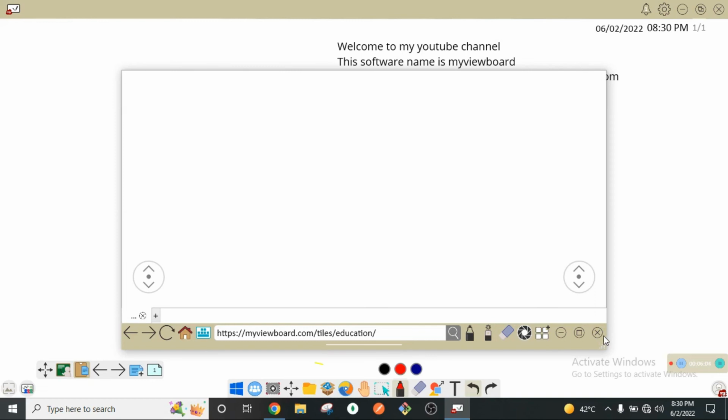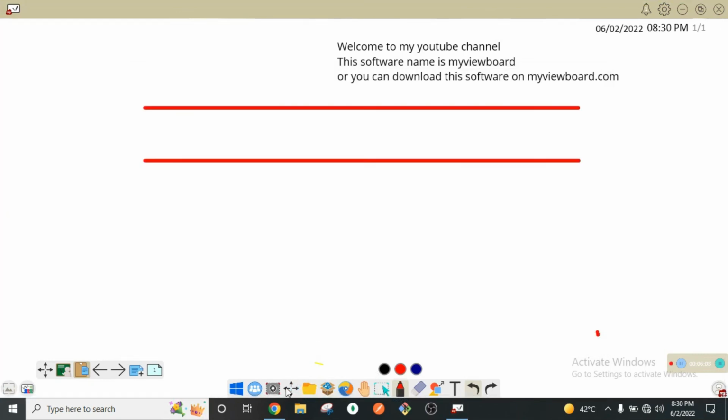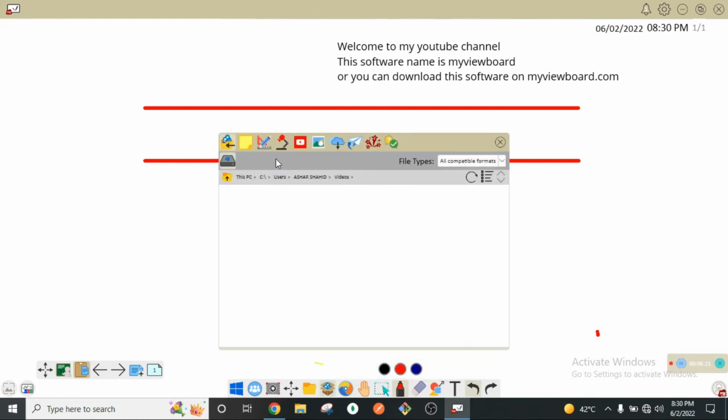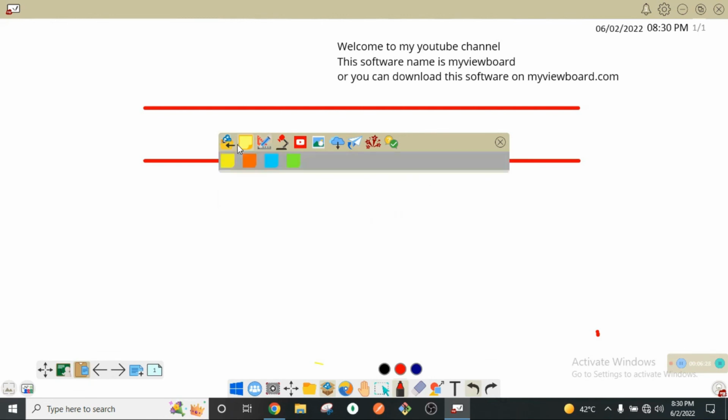Okay, next one: if you want to write something, you can write by using pencil, text, eraser. If you want to draw shapes, you can use this magic tool. If you want to change some colors, if you want to watch some videos on YouTube, if you want to search for some images online,